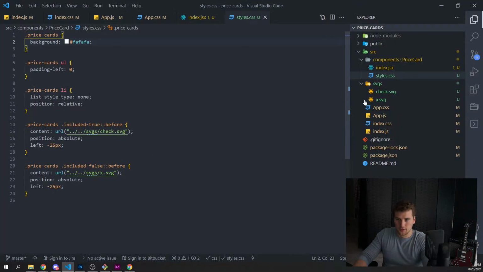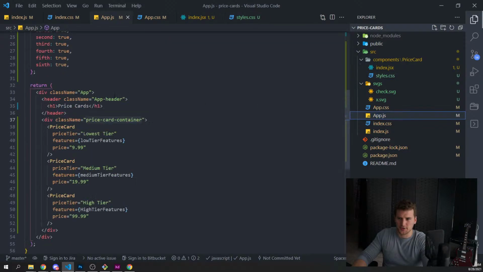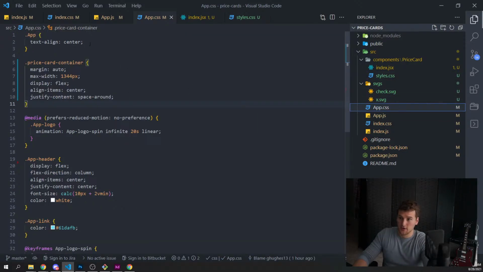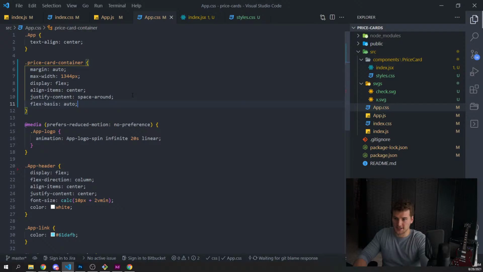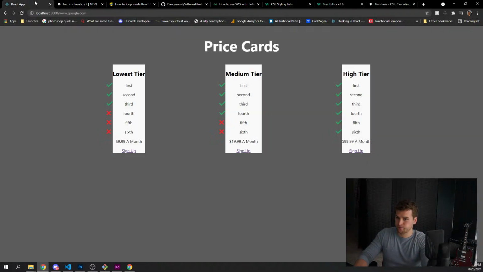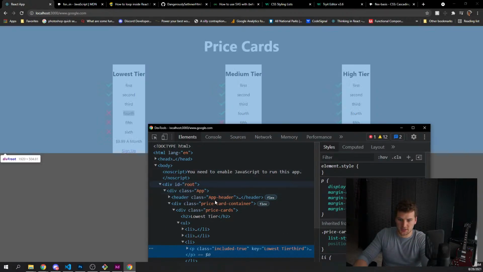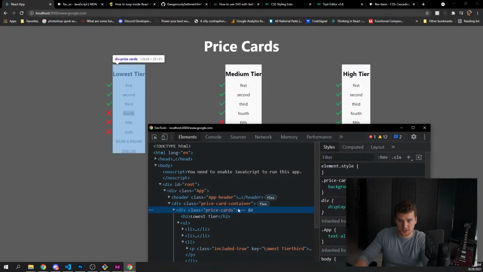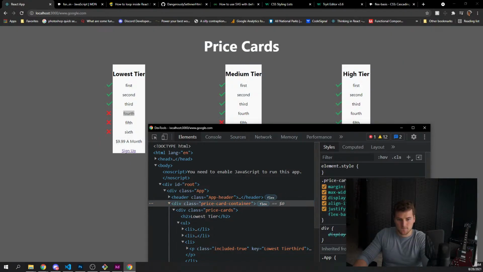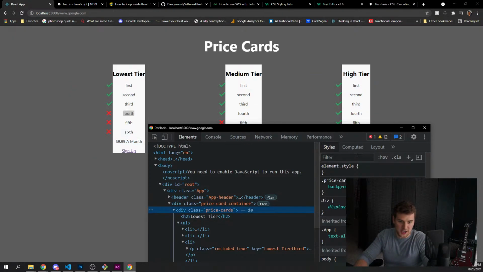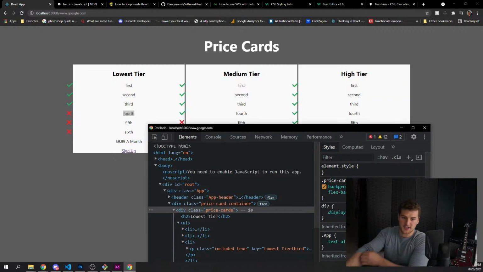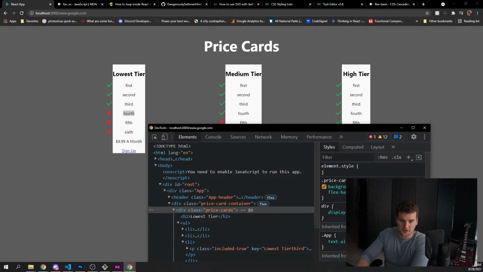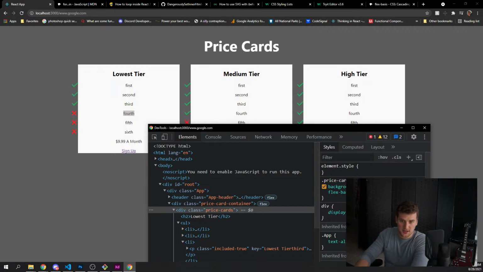So we'll go to the parent container, because I think that's where it goes. We need the CSS, not the JS file. And then in here, we will say flex basis auto and see what happens. Not what we wanted. So we're gonna inspect this. We're gonna grab the price cards. 33%. Does that do anything? No? I'm pretty sure that goes on the child, right? So flex basis 33%. Yeah, it does. But if we do auto, what happens? Nothing? Okay, so we'll say 30%, and then that looks kind of weird, huh?